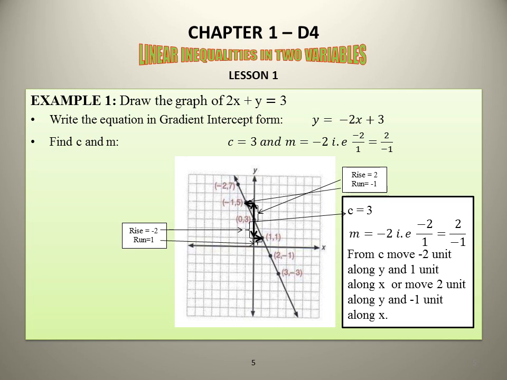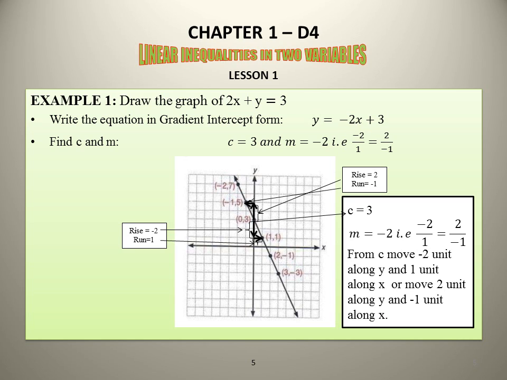Either rise positive and run negative, or rise negative. Now, taking a graph, on your graph paper you will draw two axes and mark the graph. This is the origin, then 1 unit, 2 units, 3 units, minus 1 unit, minus 2 units, and similarly along the y-axis. Now the step is that you have to mark C on your graph.